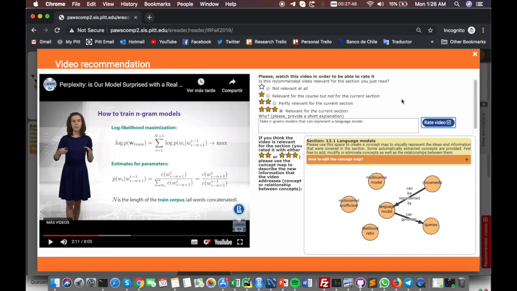Whenever you go back to the main reading section, you will see that the rating is stored as it is there. If you think that the video is relevant for this section, we encourage you to also include the new knowledge that you are getting from the video by adding new information to the concept map. So for example, here I have learned about an n-gram model, and I will add the concept of n-gram model here, and I will say the language model